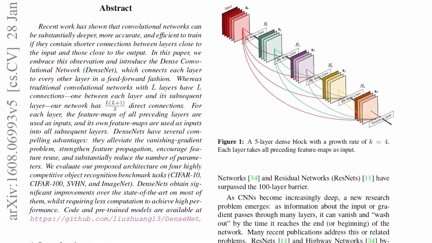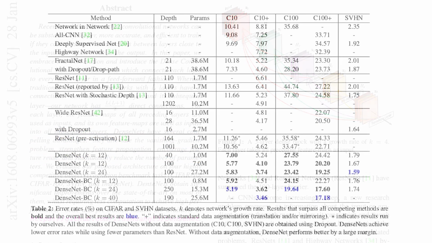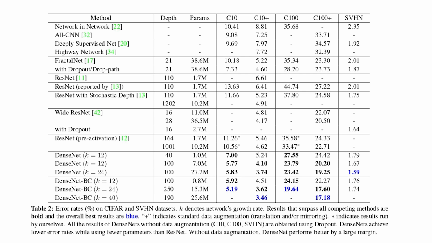This dense connectivity pattern had several advantages. The first one, it facilitated better gradient propagation, reducing the risk of vanishing gradients in very deep networks. Additionally, DenseNet achieved more efficient parameter usage because each layer reused the features learned by its predecessors, eliminating the need to relearn redundant features. As a result, DenseNet required fewer parameters than traditional CNNs, while still maintaining high performance. The architecture was particularly effective for tasks that required fine-grained feature extraction, proving that dense connections could enhance both accuracy